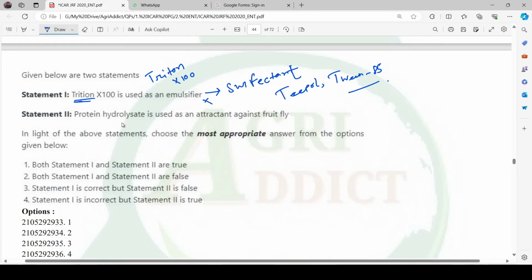And the next statement: protein hydrolysate is used as an attractant against fruit fly. Yes, it is true, correct. But in the answer key, it is actually given wrong. In the answer key, I think both are given as correct, so it is wrong in the answer key. It should be statement 1 is incorrect, but statement 2 is correct, because an emulsifier example is sodium oleate or the alkaline soap,